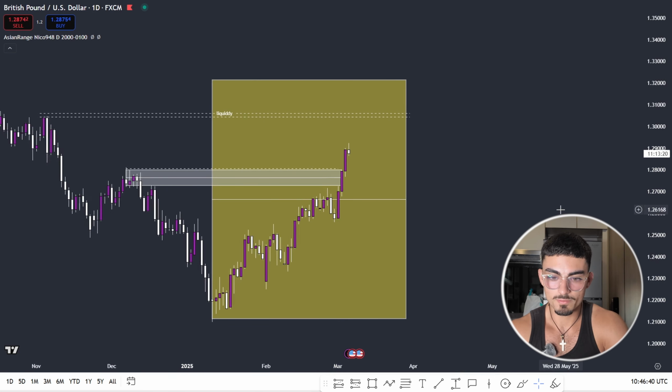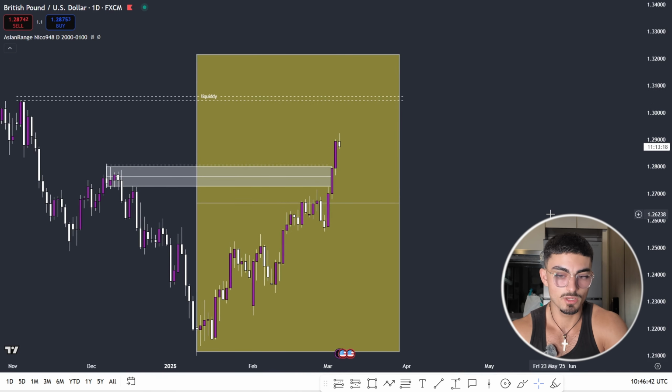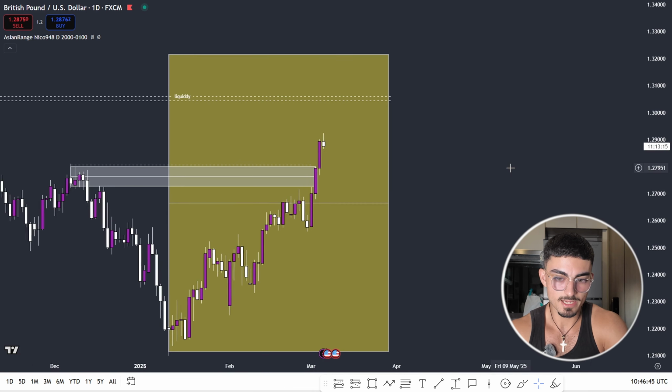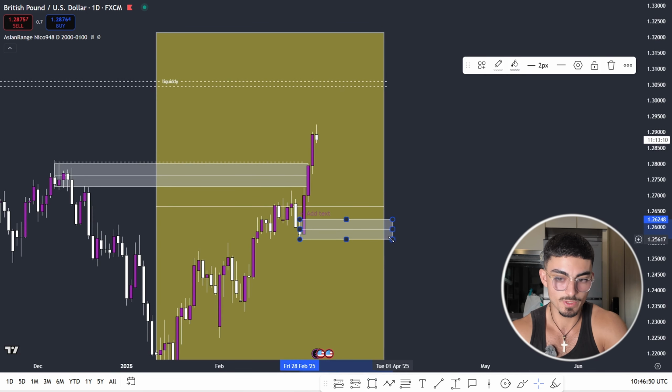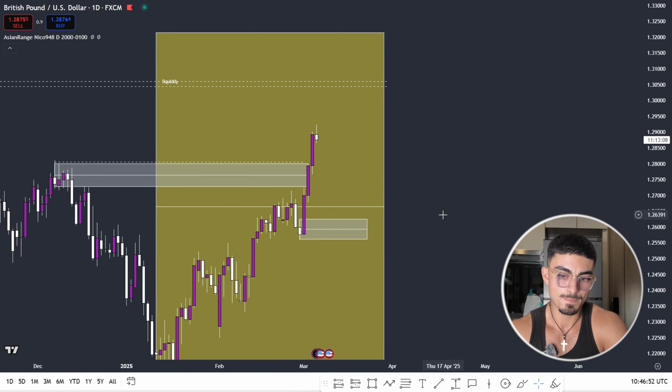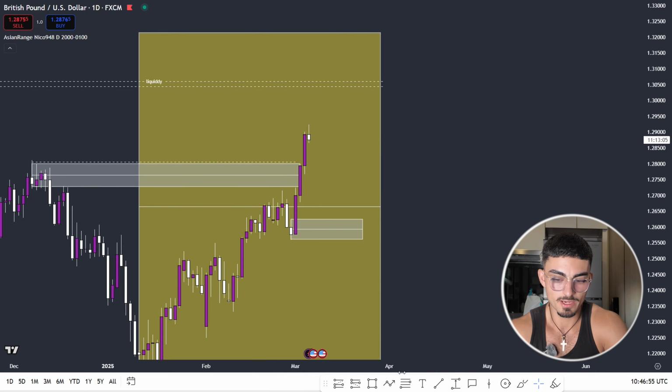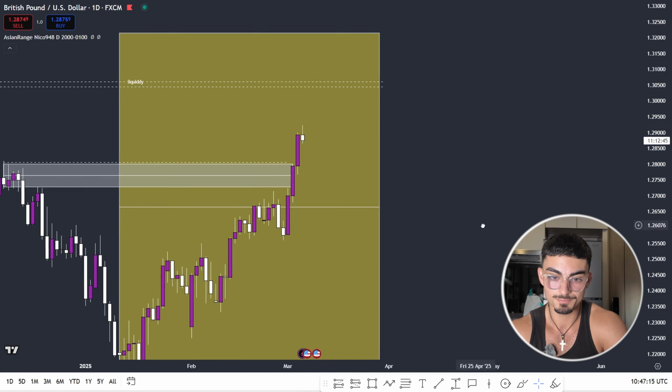So now let's drop down to the 4 hourly time frame. Now, another thing to mention as well is I don't really care about demand zones that are all the way down here, okay? Yes, we're bullish, so we can expect demand zones to be respected, but you also need to use your brain a bit, right? What's the chances that in the next day, price is gonna come all the way down here and touch my demand zone and go all the way back up within a day? It's not happening. So if I'm analyzing this higher time frame right now for the next day, I don't care about this demand zone.